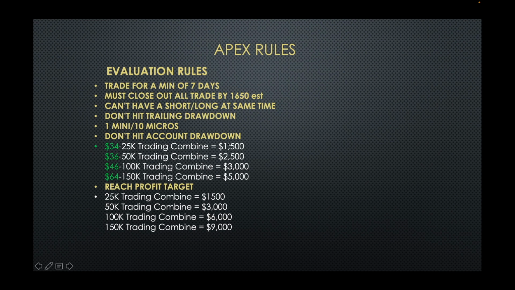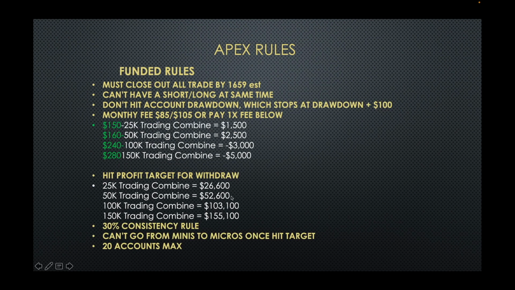So we'll say you get to the point where you pass your account, you get your $3,000, it's 7 days, boom, you pass your account. You go to what they call the PA account. You're not in a live account yet. You're still sim trading, but it's called PA. Again, the closeout, that's the same. So I'm not going to go over the short and long. Same thing.